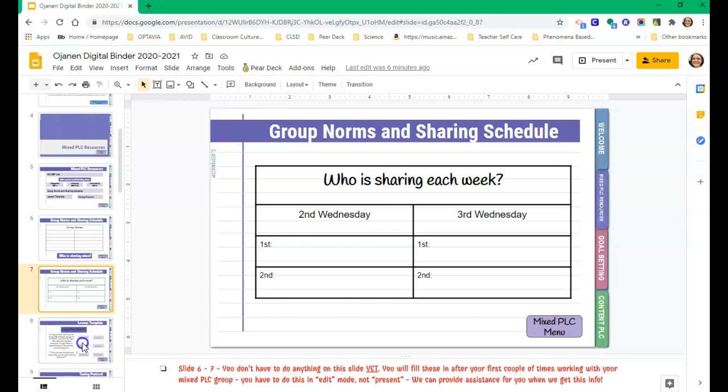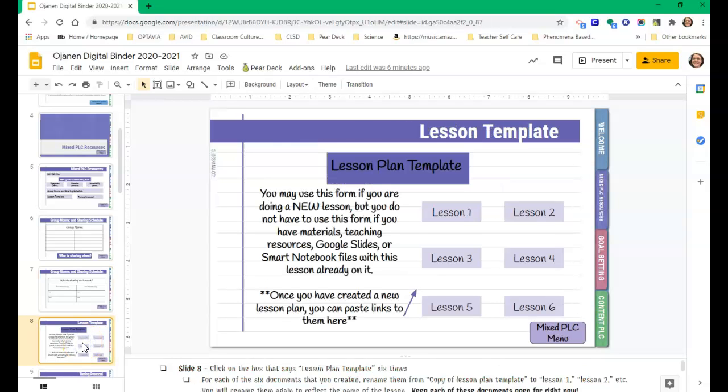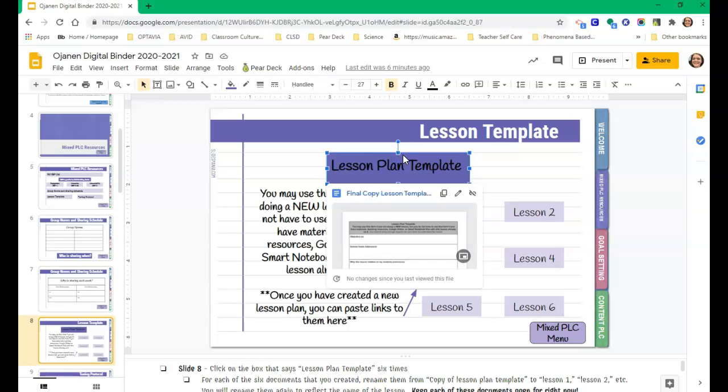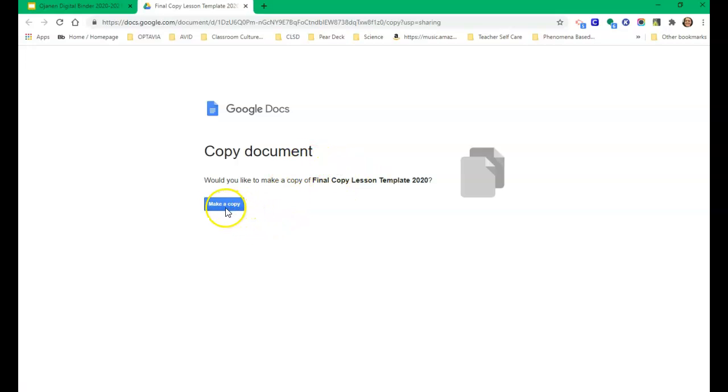Moving on to slide 8, we are going to create 6 different lesson templates that you can use throughout the year. To do this, you click on this box that says Lesson Plan Template. You have to click on the edge of the box, and then you will see a thumbnail pop open that says Final Copy Lesson Template. Click right here on the blue lettering, and it will prompt you to make a copy of the Final Copy Lesson Template. So I'm going to hit Make a Copy,